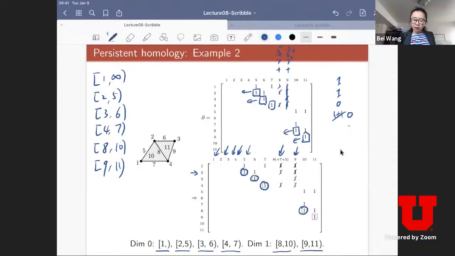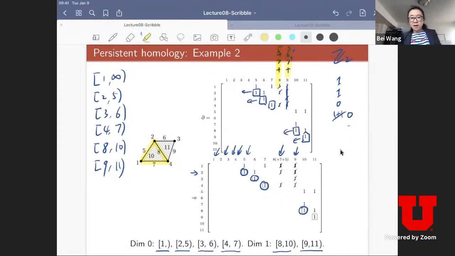No, because remember our arithmetic is Z2 coefficient, right? 0 + 0 is 0, 0 + 1 is 1, and then 1 + 1 is 0. Right? But one thing that I did not tell you is that we do record this part if you want to. If you look at the persistent homology implementations, some of the algorithms or implementations don't keep track of this. But this is actually quite interesting because what is this saying? 5 + 7 + 8. 5 + 7 + 8. This is what? My